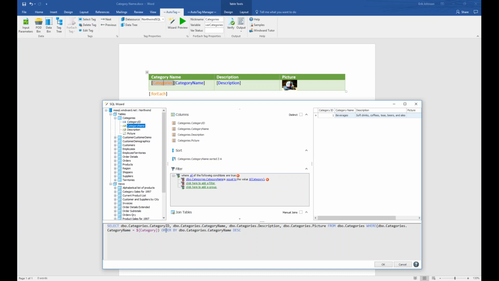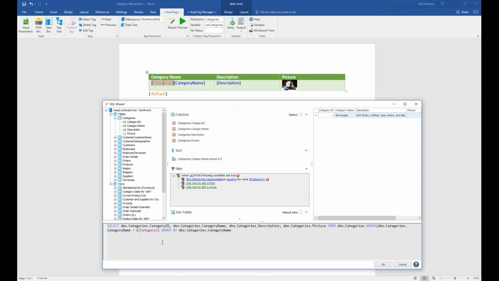And here you also can see that there's the order by that we set up earlier. This is ordered by category name in descending order. And if I was to come up here and switch it to ascending, you'll see that it has changed. So this is set up dynamically for you as you are setting up